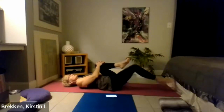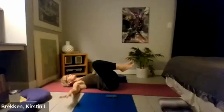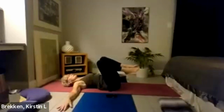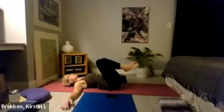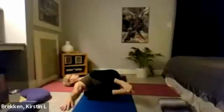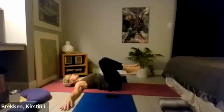All right, now bring both knees in, hands come out, and we'll take both knees to the right, bring them back up and down towards the left. It doesn't matter how far you go. Just want to feel that nice twist. So we're going to go back and forth for about 20 seconds, just keeping the shoulder blades connected to the ground,